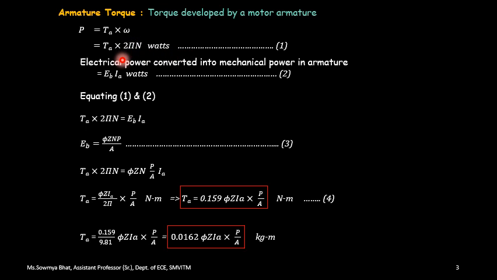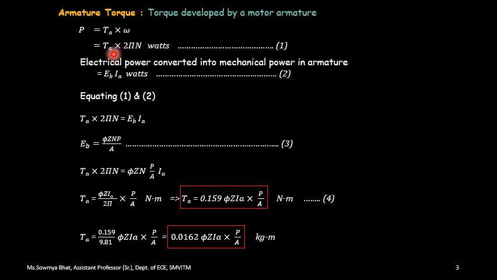Similarly, I know that in a DC motor the electrical power is converted into mechanical power. So the mechanical power can also be written as EB into IA, where EB is the back EMF. It is always in opposition to the supply or applied voltage to the DC motor. Both of these are the power developed in the armature. So if I equate both these equations, equating 1 and 2,